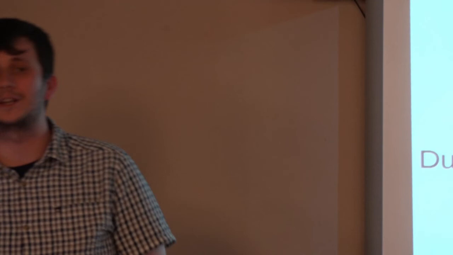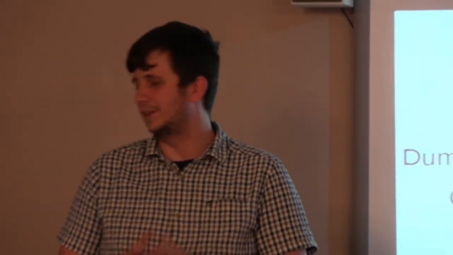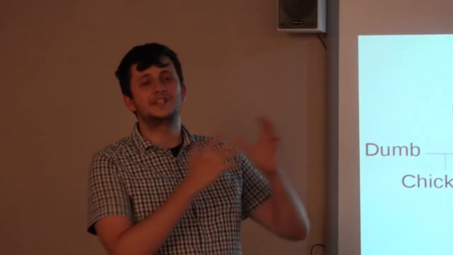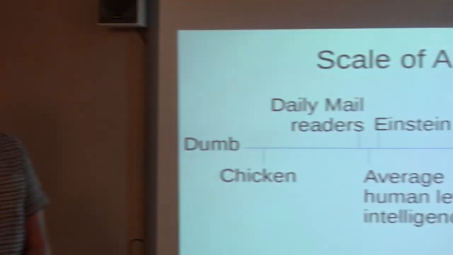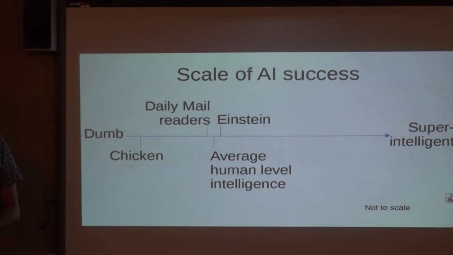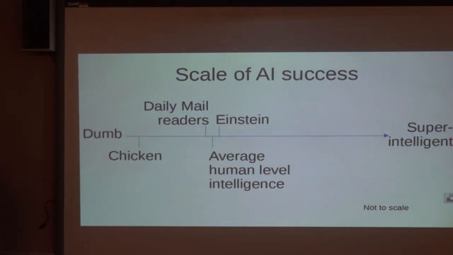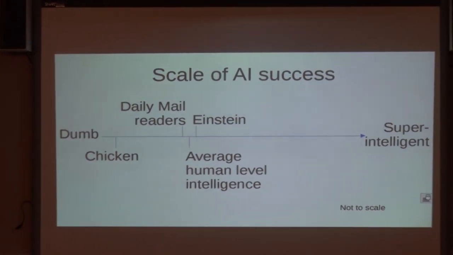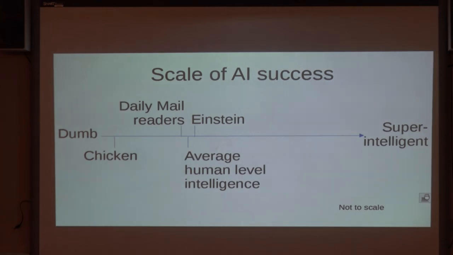Okay. How do we measure AI success in terms of the depth of its intelligence? How good is it at solving a problem? So, if you look at the scale of intelligence that we already know about, we've got not very clever things like chickens,